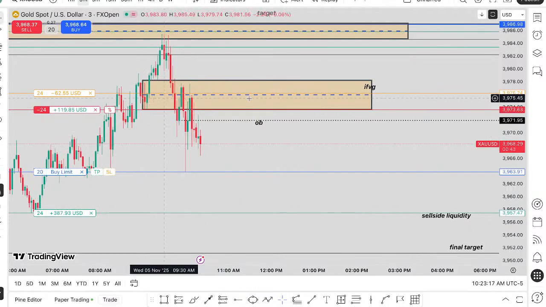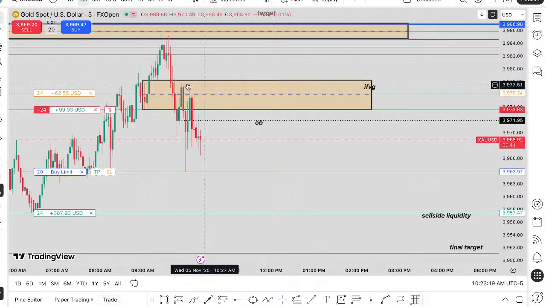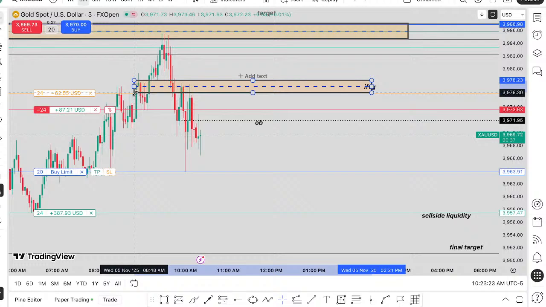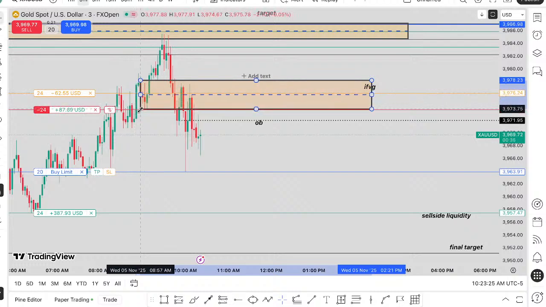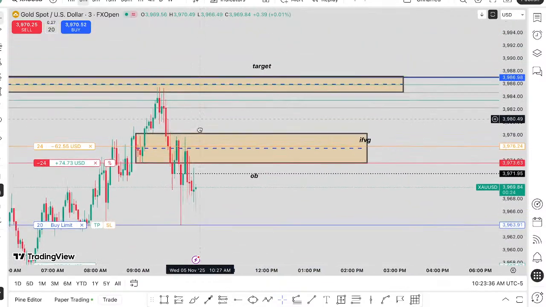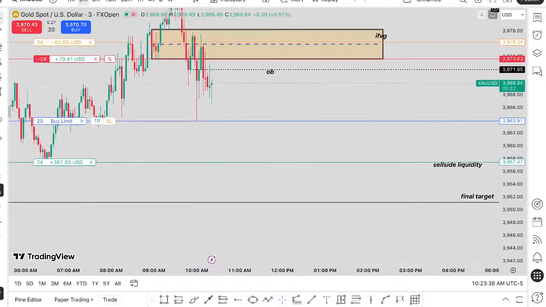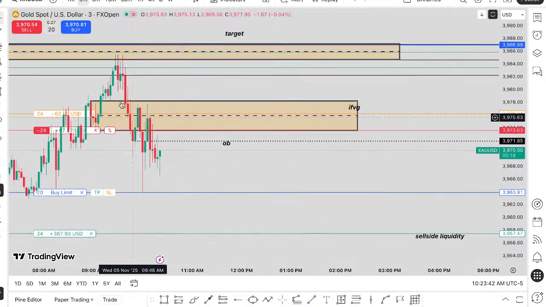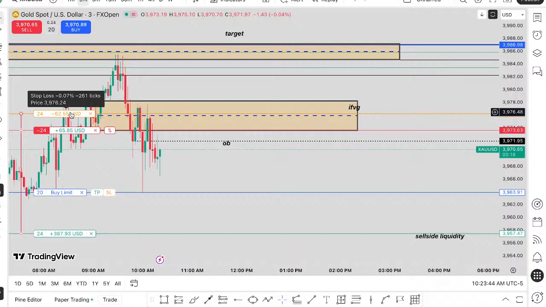Price respecting the inversion. So first, I was looking at this price action. Price closed above here, wicked out, but when the price was going, it was like, for the buyer, for the retailer, that's going to the moon, as they say. So here, if it goes quickly anytime, and that's a clear